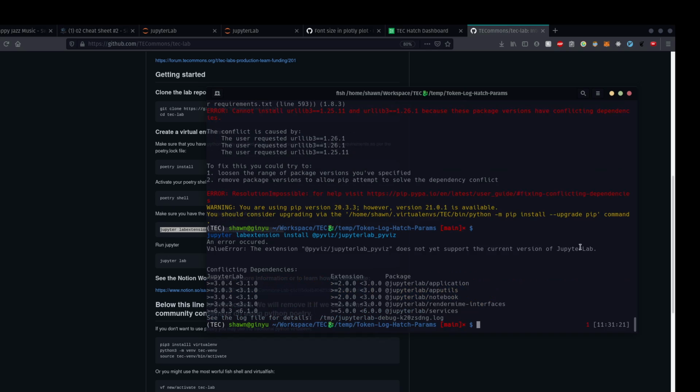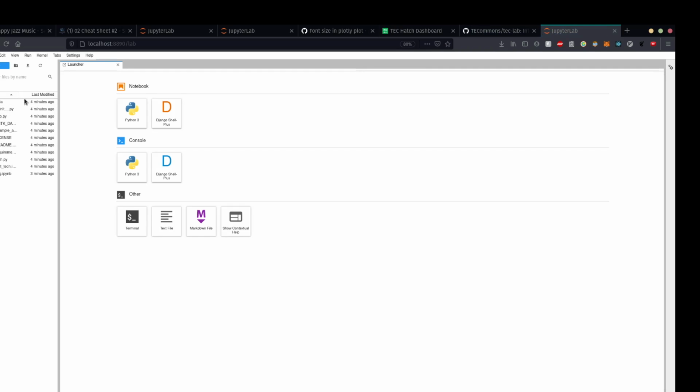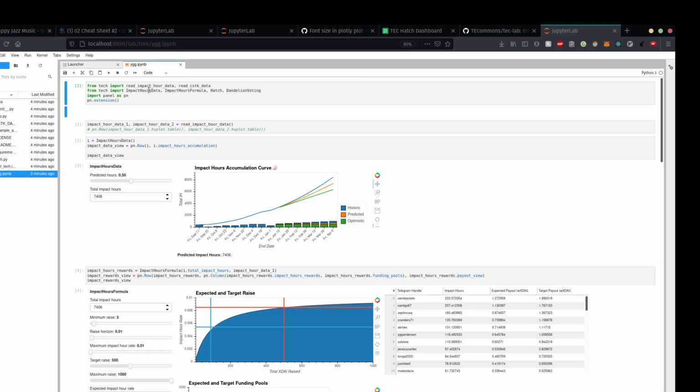And, you know, my system likes to complain. So it's saying it does not support the current version of Jupyter Lab. So actually, I think with the newest version of Jupyter Lab, you don't even need this extension. So now let's run jupyter lab to open up the lab. And we have this file that we copied, so this is YGG. So now we have access to all the